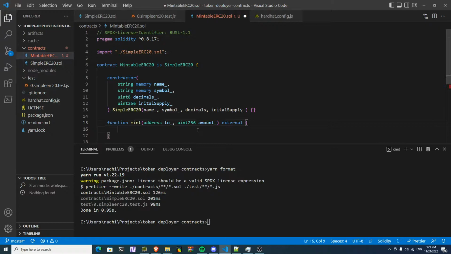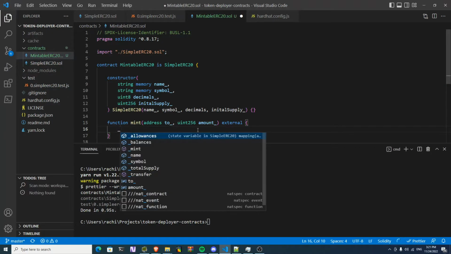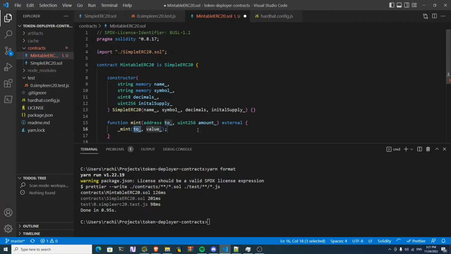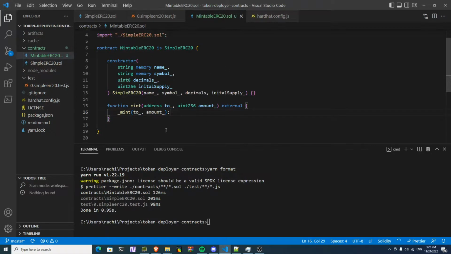And what it does is it calls the internal function of mint, the one that we already defined in the simple ERC20 token,